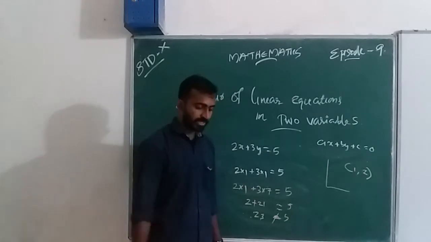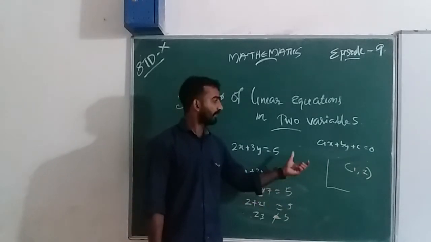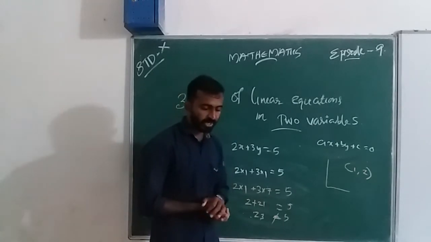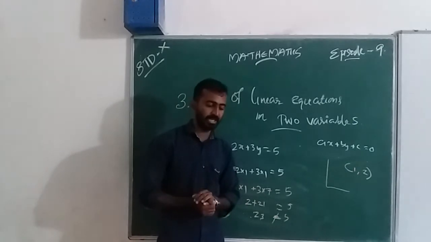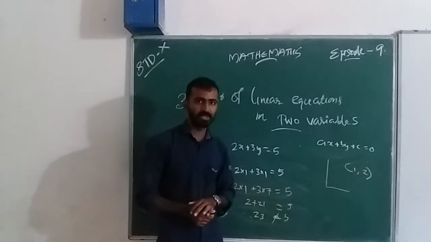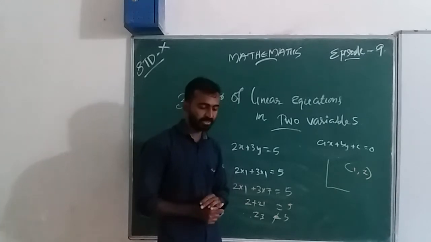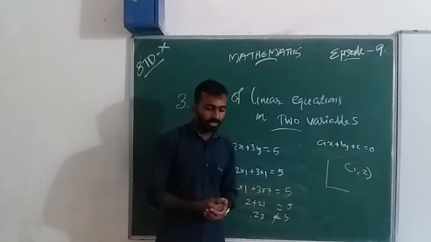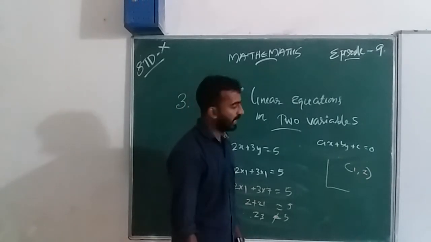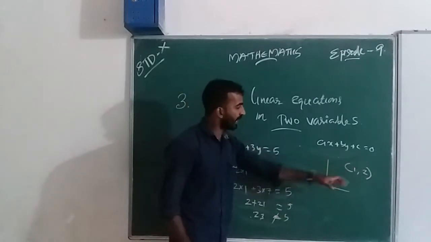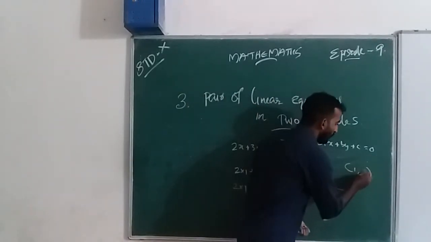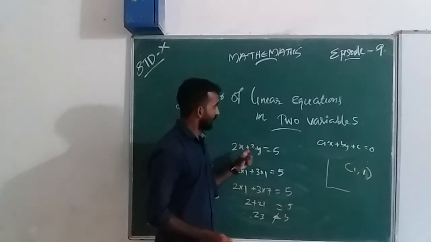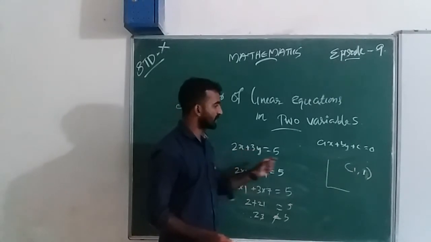Here, when we take a linear equation ax plus by plus c equal to 0, it corresponds to a point on the line representing the equation, and vice versa. Is it? Generally we can say this fact is true for any linear equation. This is true here, where the point is 1, 1 for this solution. This is a linear equation in two variables. Its solution is 1, 1.